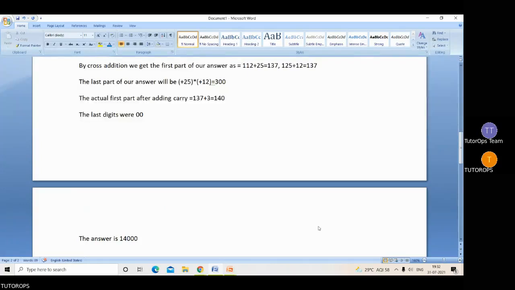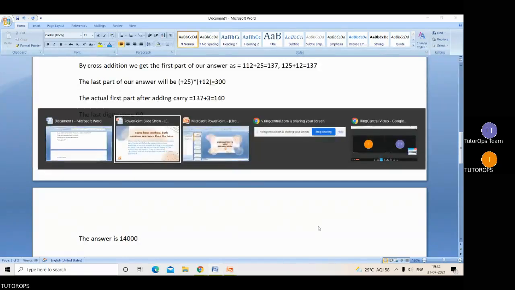So this method is very simple, but you need to remember some things like what is surplus, what is deficiency, where we can do cross subtraction, and in special cases where we can do cross additions. So you need to remember a few things like this. But this method is very easy and very quick for multiplication. Now,